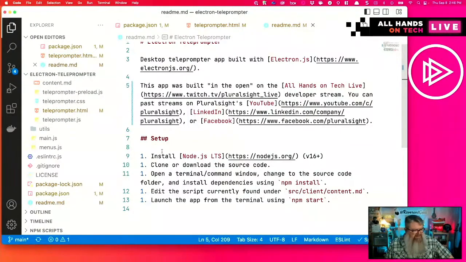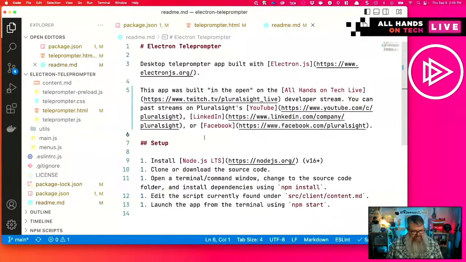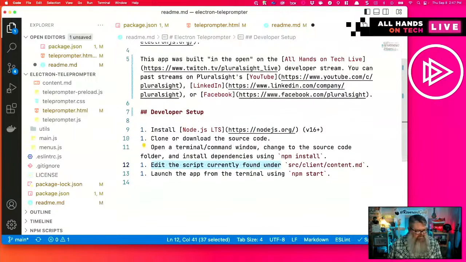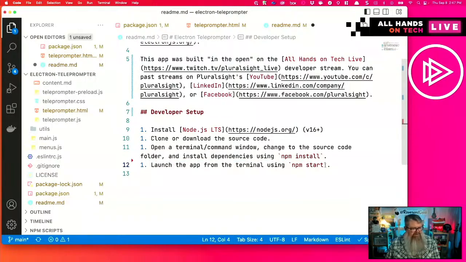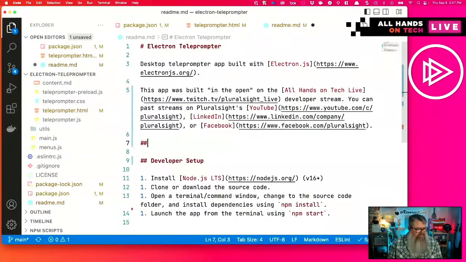Sorry about that. Let's see. Setup, install Node.js LTS. Let's call this developer setup. Open a terminal window, run npm install, and launch the app using npm start. That's really all we need. So the developer setup, what we need is